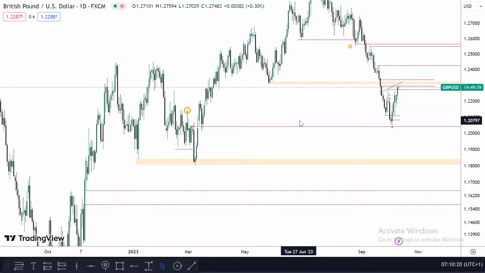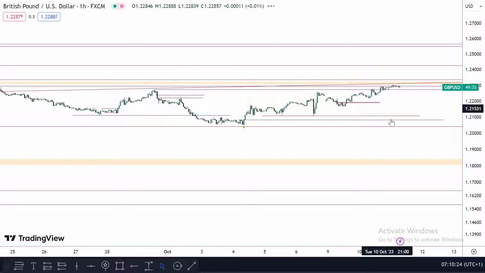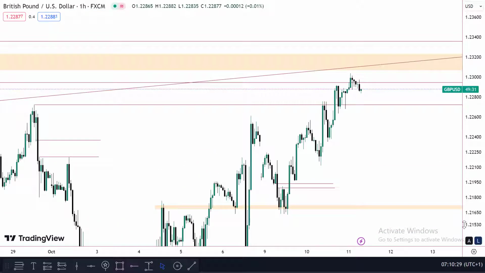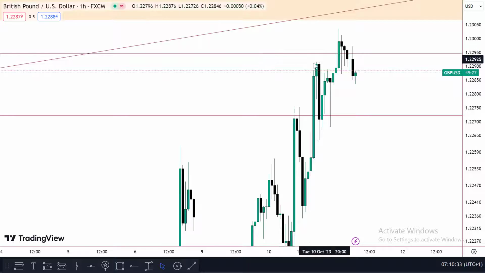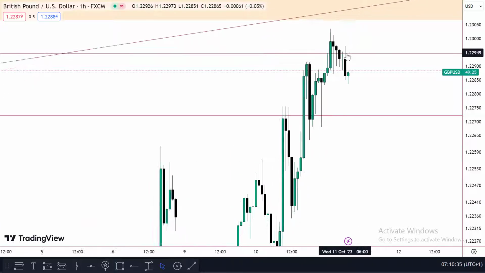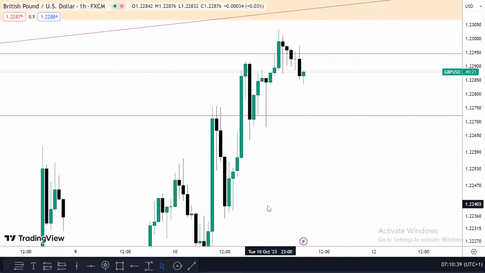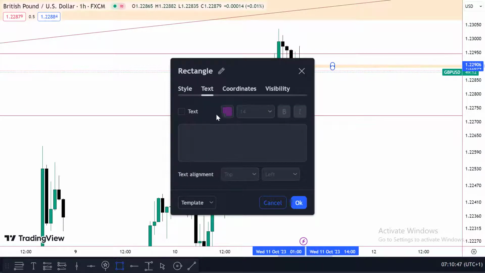So guys, let's simply go to the 1 hour time frame to see what we can find on the pound dollar. So this is the 1 hour time frame. All right, price has cleared yesterday's high. We'd like to see if this guy trades below the lows here. Once that happens, then we'd like to go short on this gap. This is also a bearish order block just created. Should it be respected, then